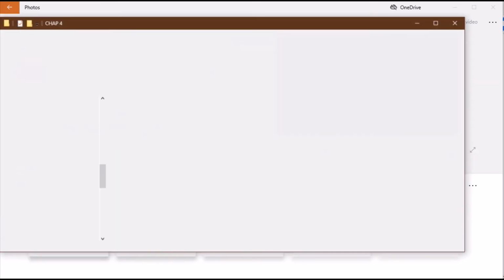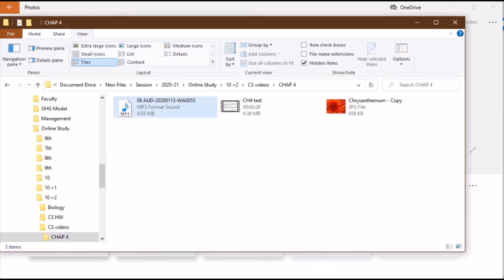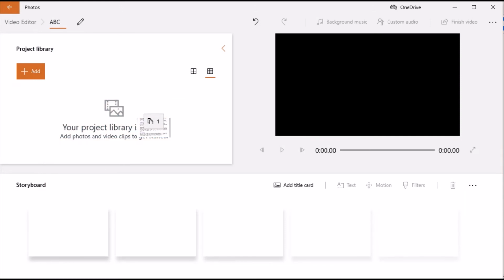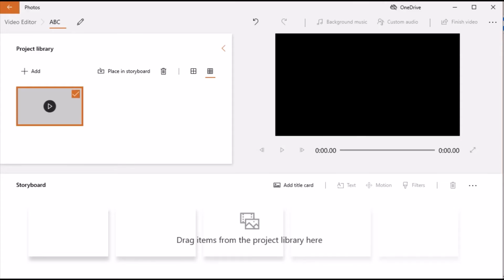I have this already saved. These are three. We call them thumbnails. Thumbnail for an audio file, a video clip, or a picture. I can easily drag this file to the library, and this file is added.